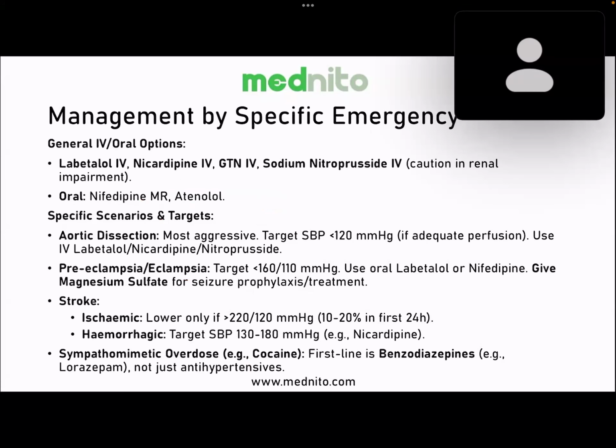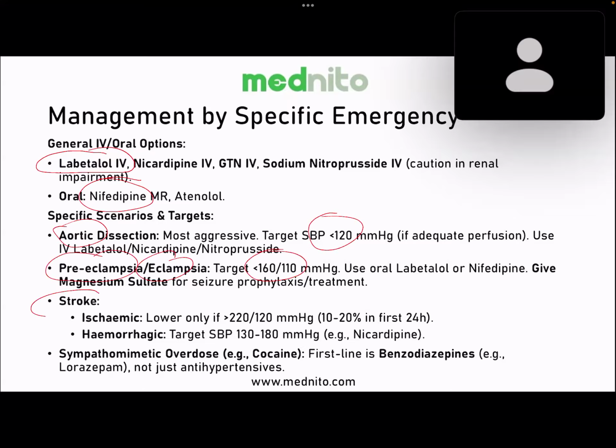All right. Management: it is IV labetalol that needs to be given. NHS loves IV labetalol, so please do make sure that the treatment is IV labetalol. If you've not got any IV access, if it is difficult finding veins, it is nifedipine that needs to be given, please. All right. Sometimes the target blood pressure can also be asked. For aortic dissection, it is a systolic blood pressure of 120, and for preeclampsia and eclampsia, it is less than 160; 150 can also be used for preeclampsia and eclampsia.